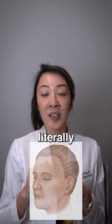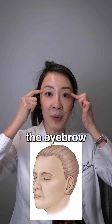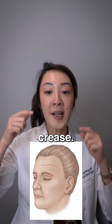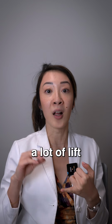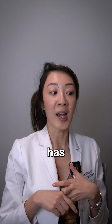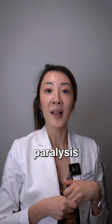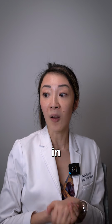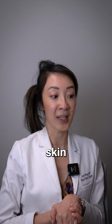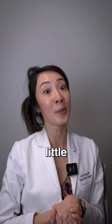This brow lift literally involves making incisions somewhere in here, either right above the eyebrow or in a forehead crease, and then you excise a small amount of skin to give you the lifted brow effect. This is really powerful for someone who needs a lot of lift or someone who has significant asymmetry, so you need to correct them. Commonly used in facial paralysis patients or trauma patients like that. It can also be used in older patients. Their skin heals really great, and so usually these scars are near invisible,